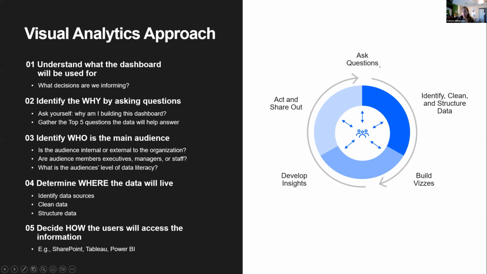So I got my questions. Then the next thing in the process is identifying where the data lives, right? We've got to go after the data. We've got to model the data, structure the data, clean the data. There is a lot in the process of identifying where to go to get the data.